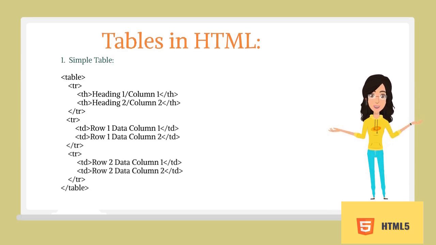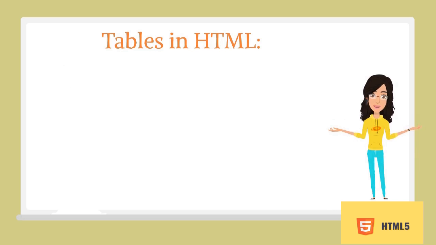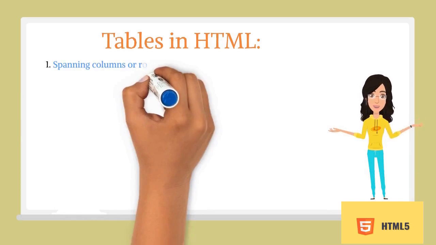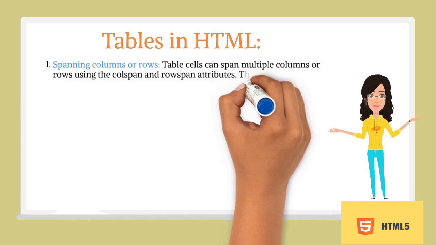The first is the simple table. You can see the code on the screen. This will render a table consisting of 3 total rows, tr, with 1 row of header cells, the th tag, and 2 rows of content cells, the td. TH elements are tabular headers and TD elements are tabular data. You can put whatever you want inside a TD or TH.